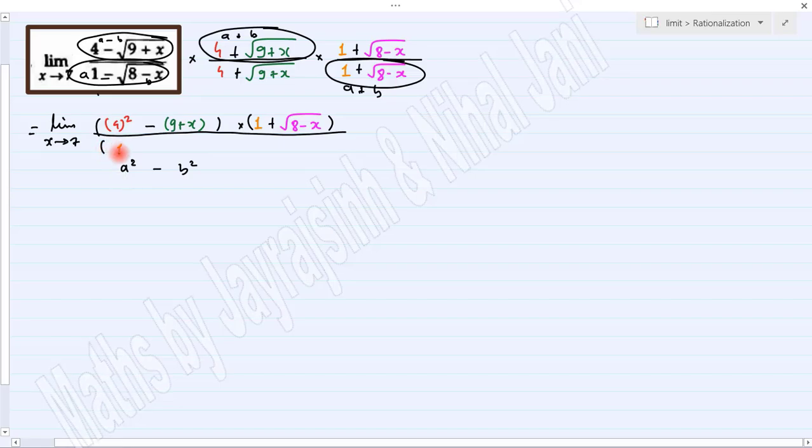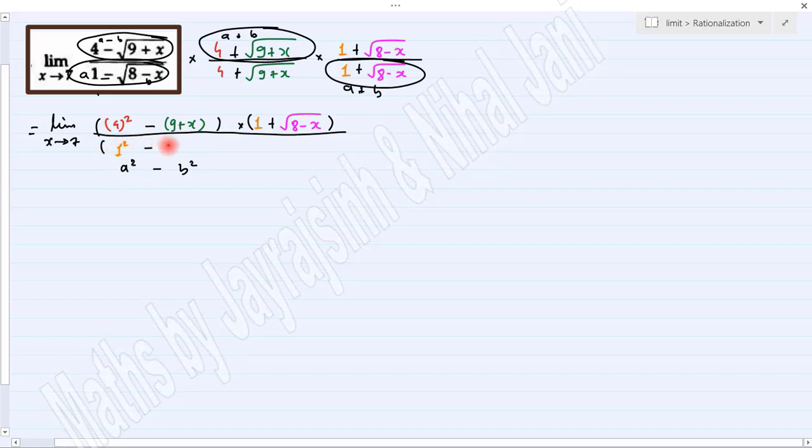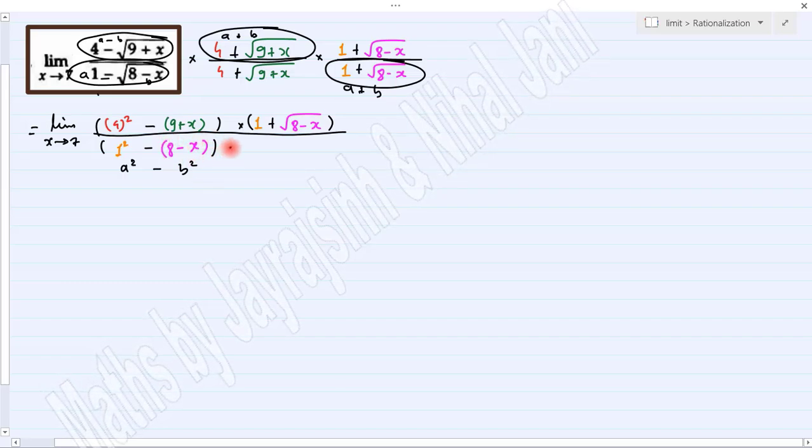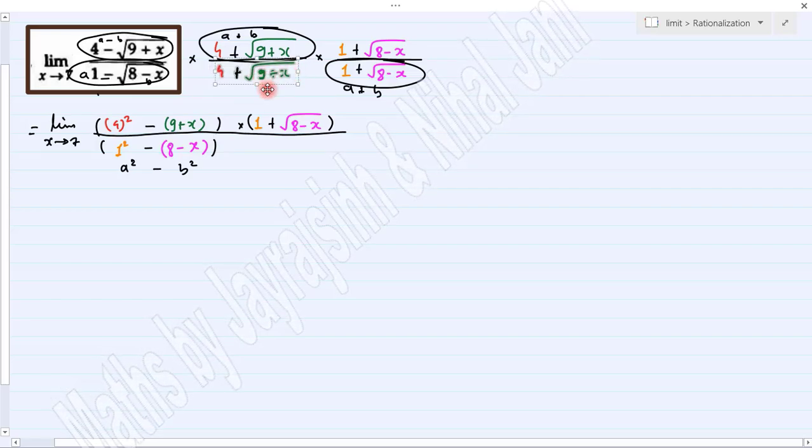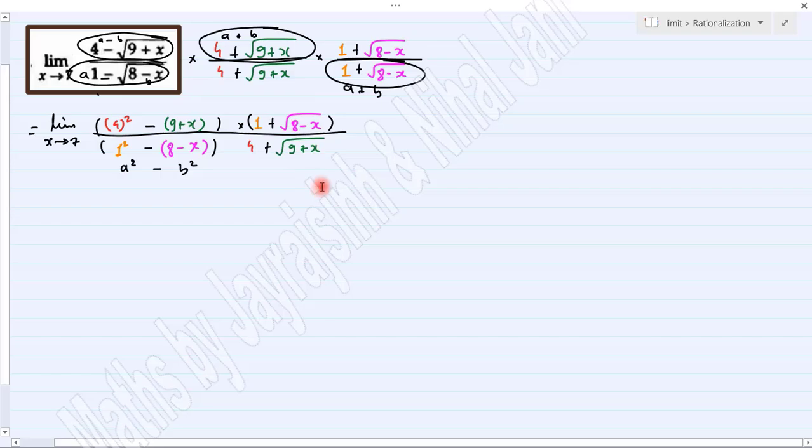So we will get 1 square minus the square of this under root of 8 minus x, which will give us 8 minus x,